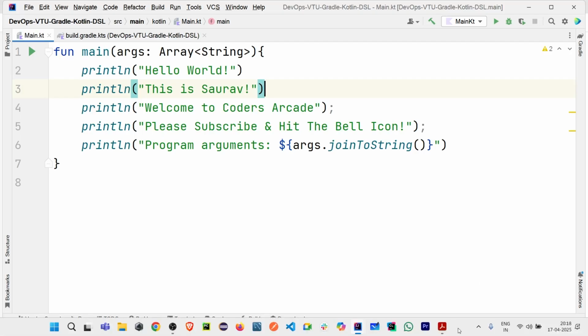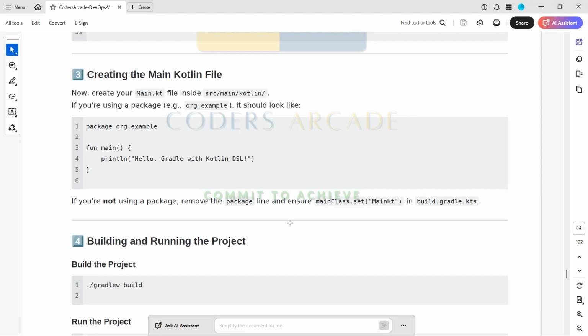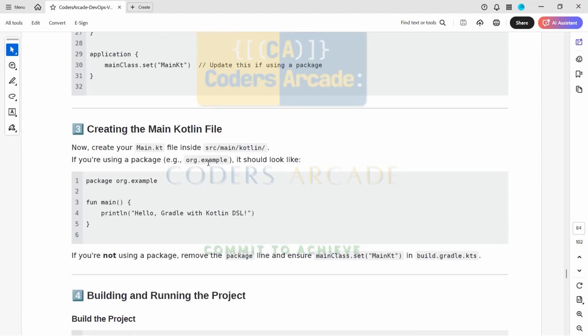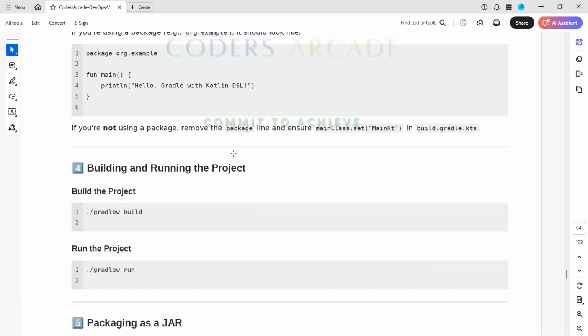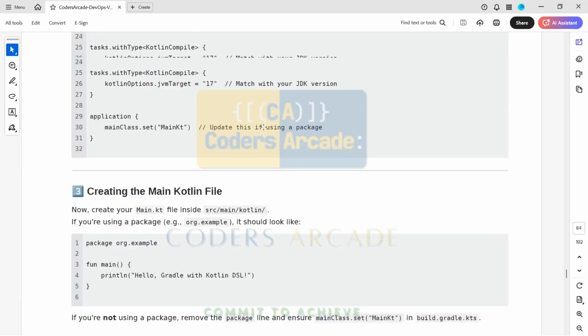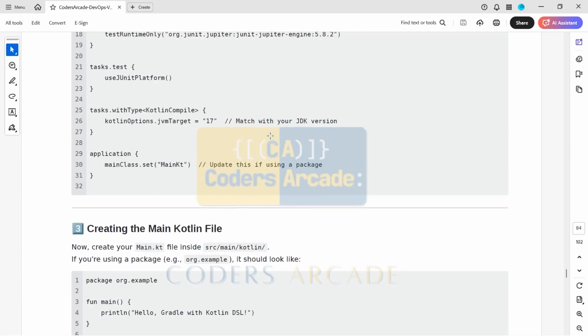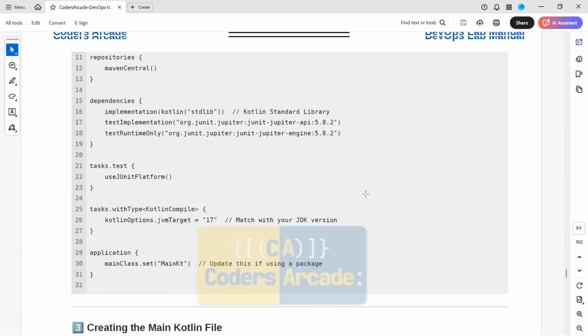Please remember that. Now, this is clear. So, this is very simple. Now, what we need to do is, you need to run this, correct? So, let's go back here and see what we have in our